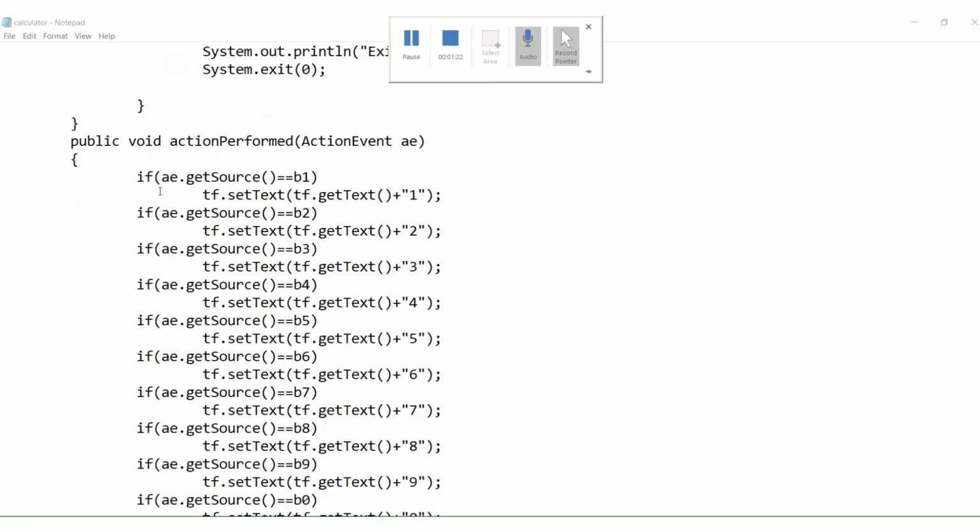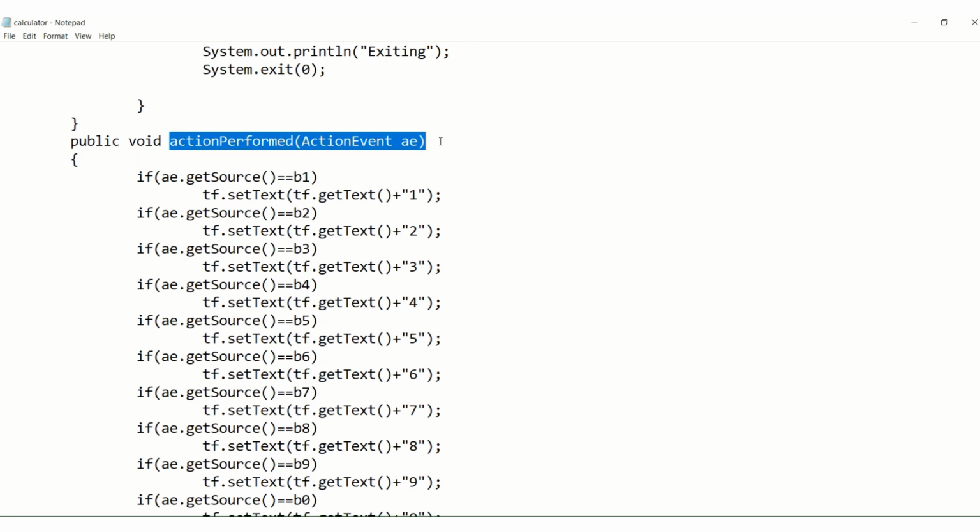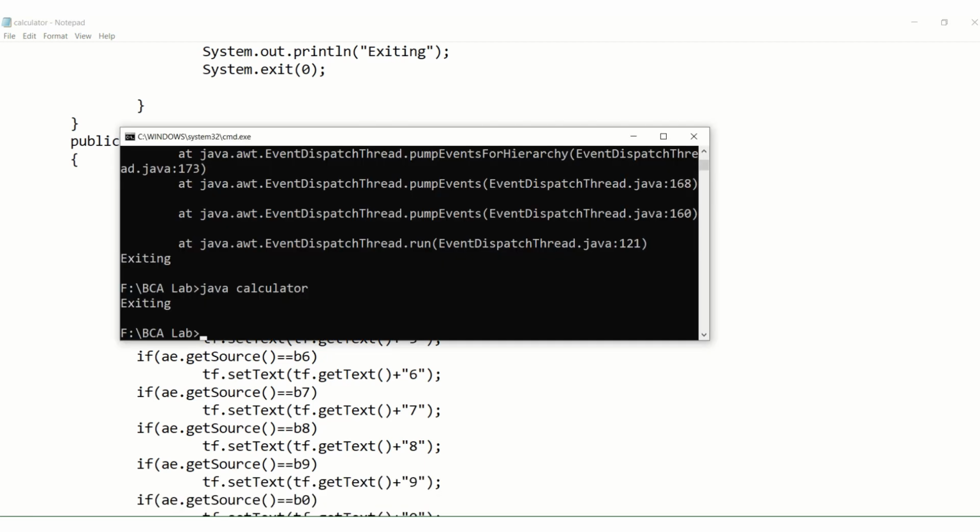This is the important part of the program, public void actionPerformed. If you press any button, this function will be called. For example,